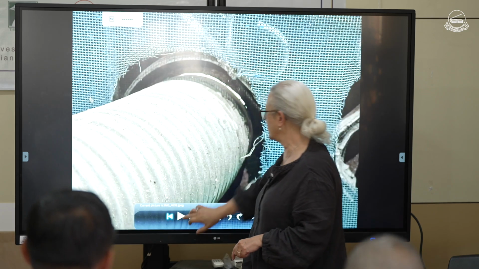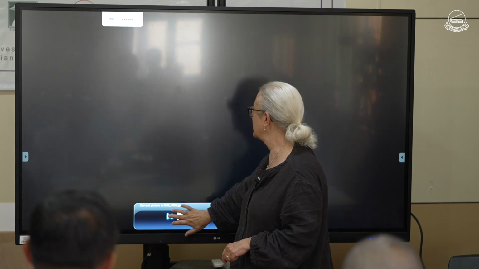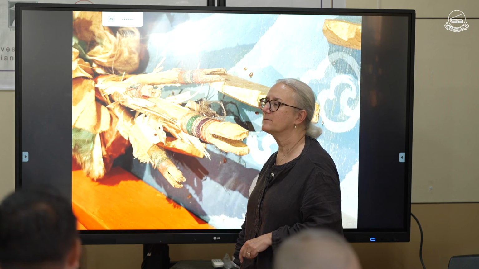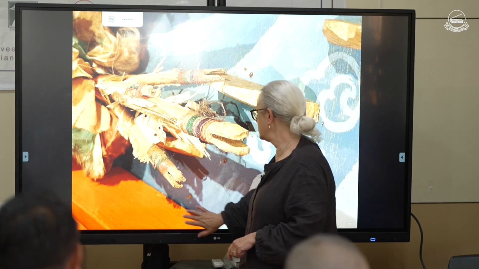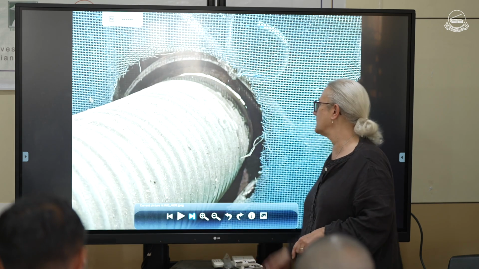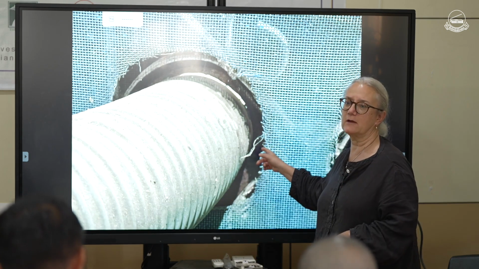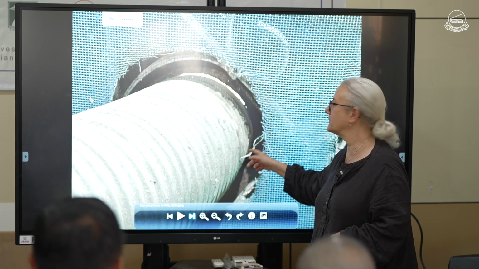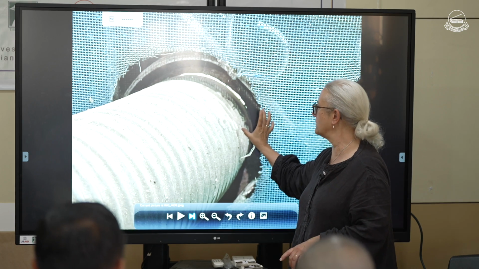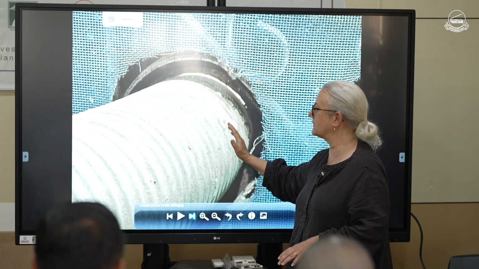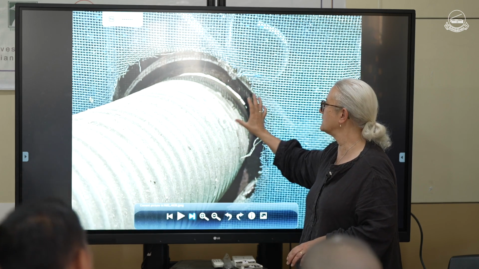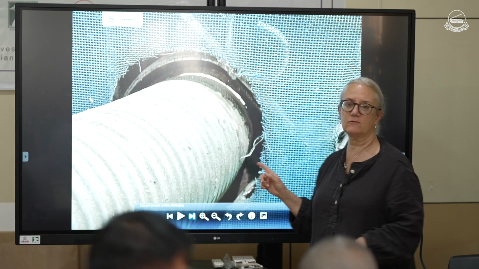Then that's just a better picture of the gap. And then, would you want to clean the netting as well? Yes. I mean, I'll go back to that. The netting's not actually up against this. So you would have to try and figure a way to seal this gap in here between the netting and this. So you want to seal the outside and seal this. But the netting itself really needs to be cleaned.